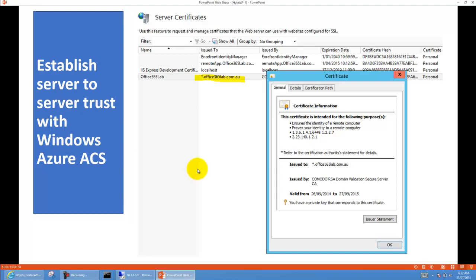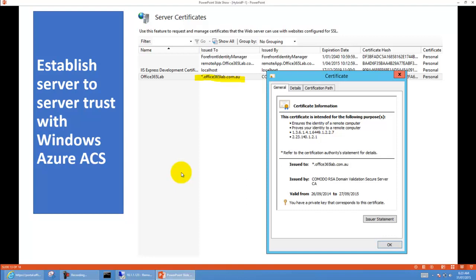In order to establish server-to-server authentication with Windows Azure ACS, the certificate of the security token service, which is STS, on the SharePoint Server 2013 has to be replaced, because by default we use the self-signed certificates. Usually it's better to use a proper certificate when you do this sort of integration. By default, obviously, SharePoint uses a self-signed certificate for its security token service communication. In my case, I have used a wildcard certificate, as you have seen. This is